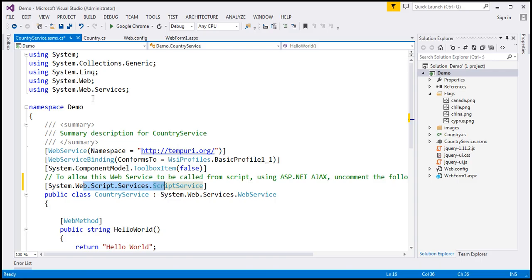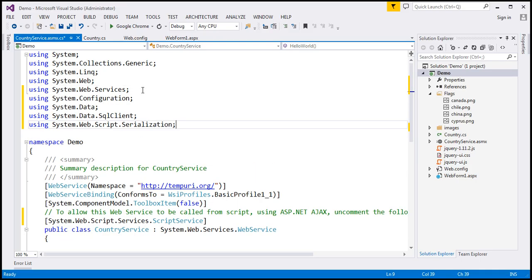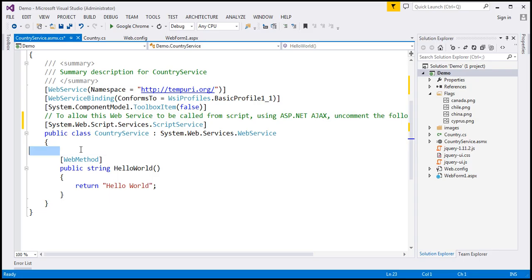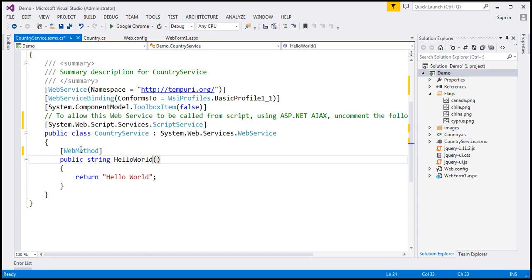and in the interest of time I have already typed the required ADO.NET namespaces here. So we need System.Configuration, System.Data, System.Data.SqlClient, and System.Web.Script.Serialization namespaces. And let's go ahead and change the name of this function to make it meaningful. So we want to retrieve countries, so I'm going to call this get countries,